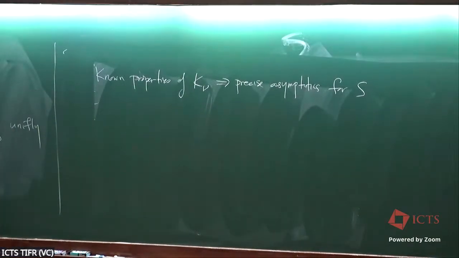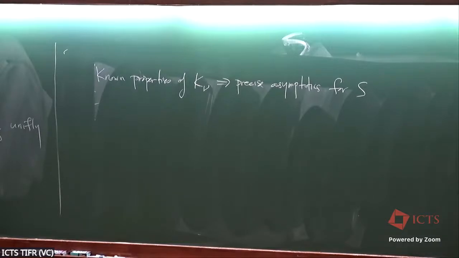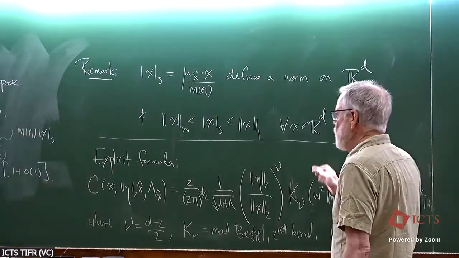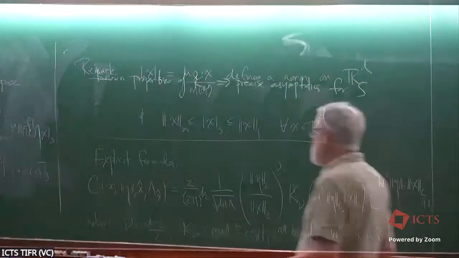Whether you're looking near the critical point when η goes to 0 faster than the correlation length, or like the, so let me just write down what the formula is. So for example,